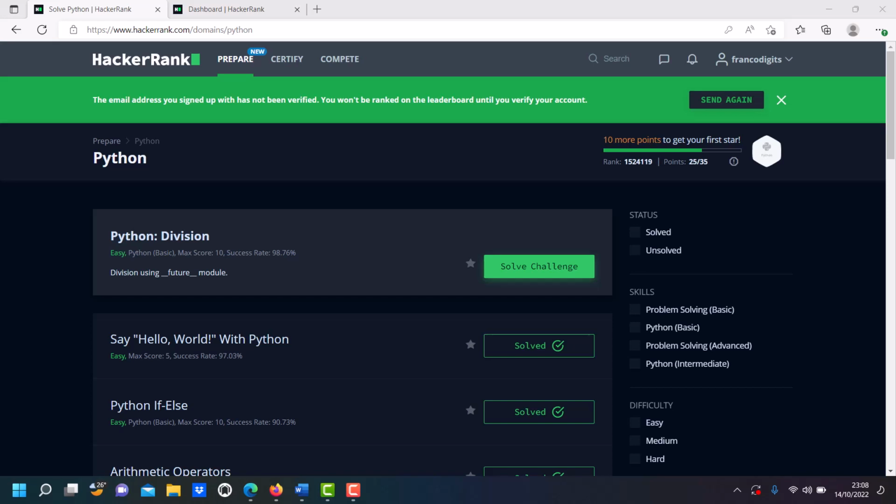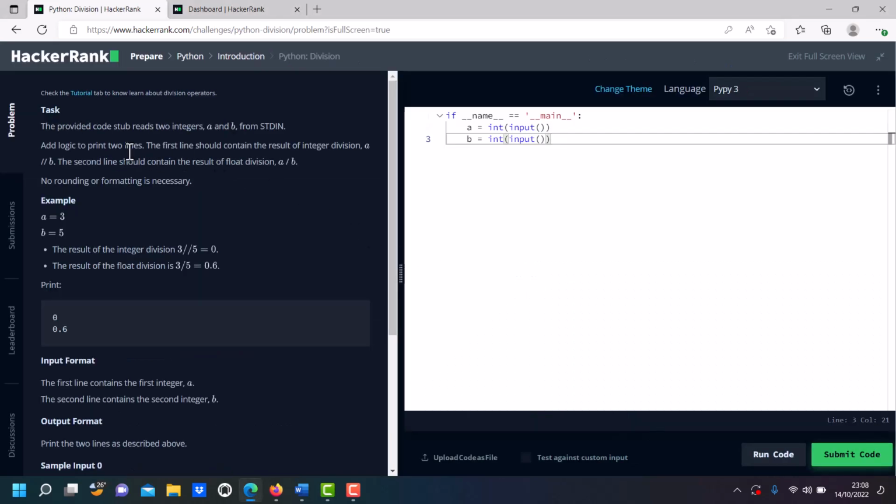Alright, welcome back to this challenge. This time around we'll be working on a division operator, and we'll just click on this and get started. So look at the instruction. The instruction says